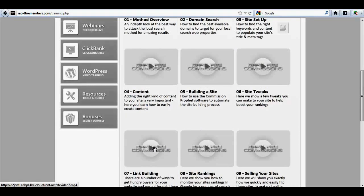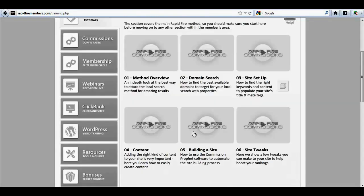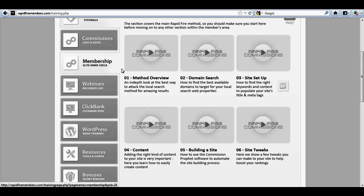It's something that's there just to help you in case you do have any problems getting sites ranked. As we all know, links can push sites up the rankings. Most of my sites get up there very, very quickly and easily. I don't even need to add any links. But just in case you do, there's some methods there just to show you exactly how that's done. So really it just takes you through everything through finding domains, which is very easy anyway because the software does it for you. And then the other sections within the training page, you can see down the left hand side here,